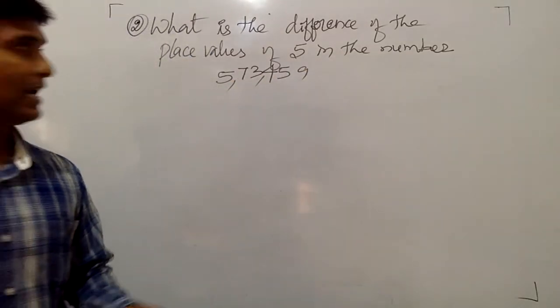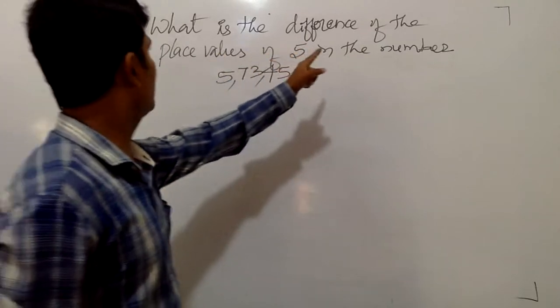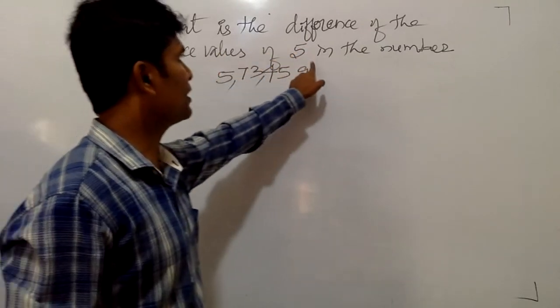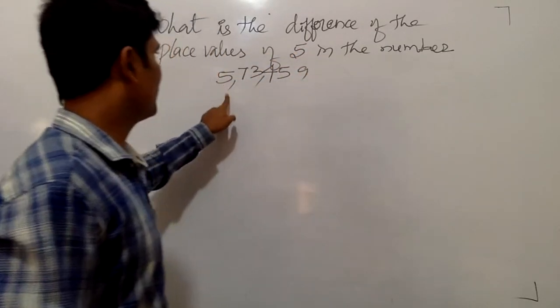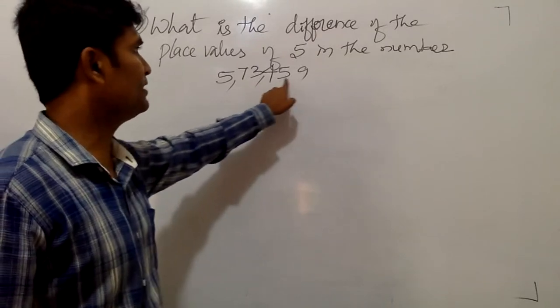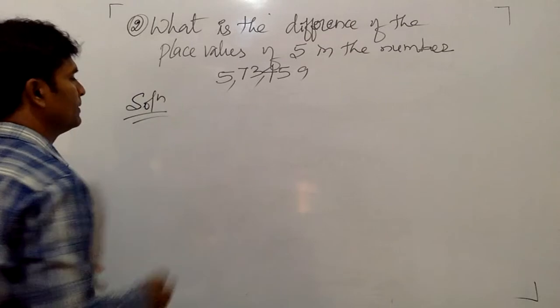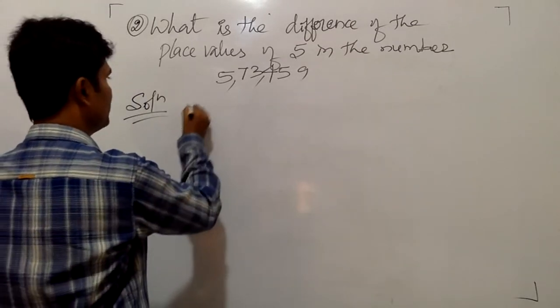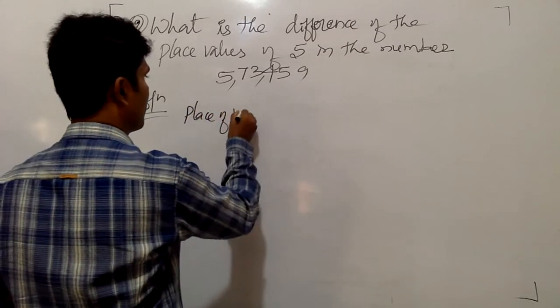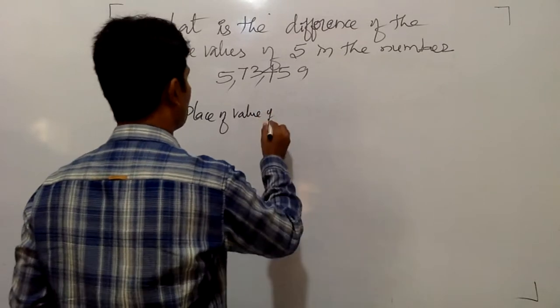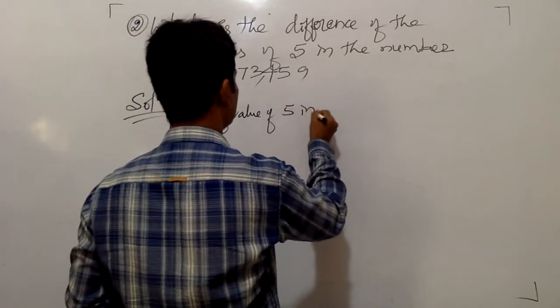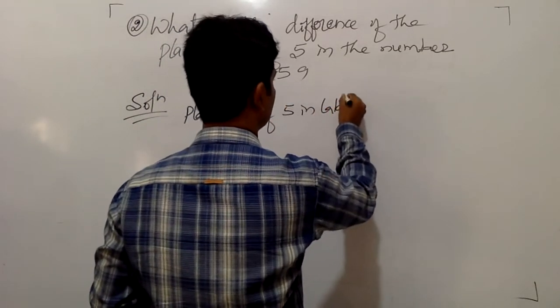What they have asked is the difference of the place values of 5 in the number 5,73,459. Okay, solution. The place value of 5 in the lakhs place is equal to